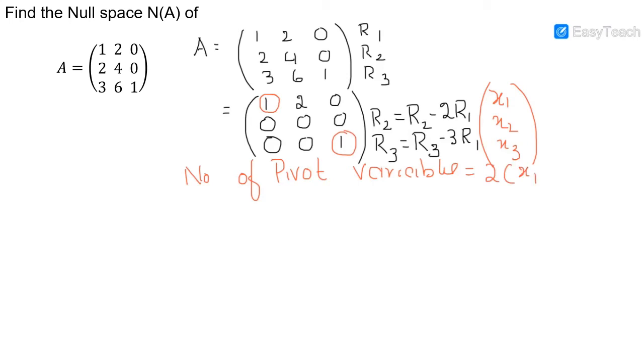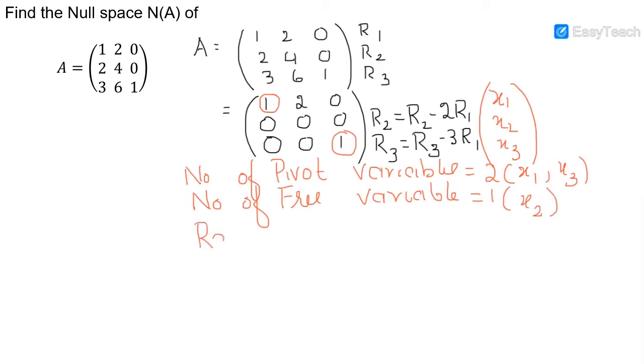It is x1, x3. The number of free variables, the left out variable, is 1, that is x2. Rank of this matrix,